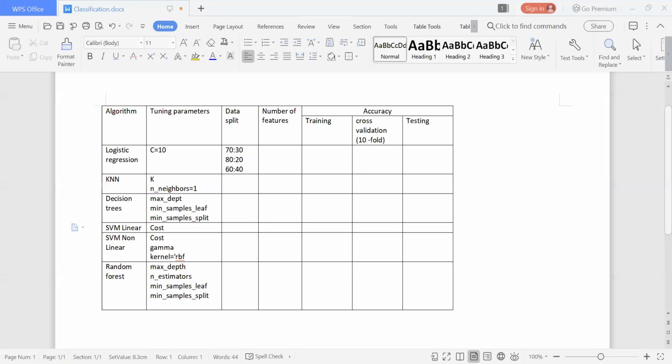In regression modeling, may I know which are the important evaluation metrics for regression? In regression modeling, we study how our model is performing. Are we receiving a good model or a bad model? We study some of the evaluation metrics such as RMSE, mean absolute error, and R square, the coefficient of determination. From those evaluation metrics, we can trade off our algorithms and see how they are performing.